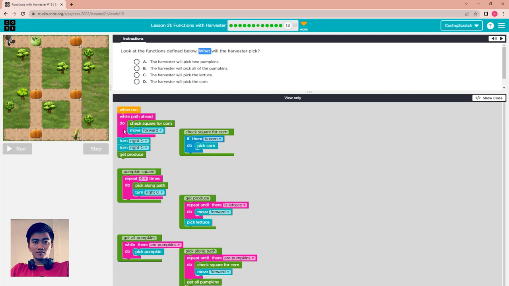So for the first, this line runs from left to right, and here is no coin. So for this block, this while path ahead, nothing happens. Nothing is collected. After that, it will turn right two times. It will first go back and call get produce. The get produce function is here. In get produce, we have repeat until there is a lettuce. So the lettuce is here. Move forward,